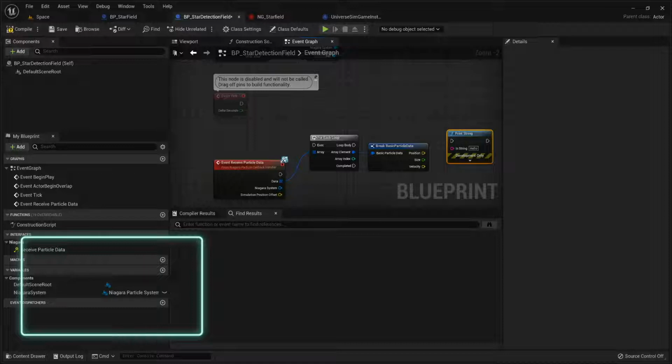So let's go take a look at this. So I'm going to compile and save, and we'll just drag our blueprint out, just pull it up a little bit, and let's just play and simulate. There we go, the position and the color. So we're seeing green, we're seeing some yellow, another one, we're seeing another green. Yeah, this is cool, this is working. So now, if you wanted to add